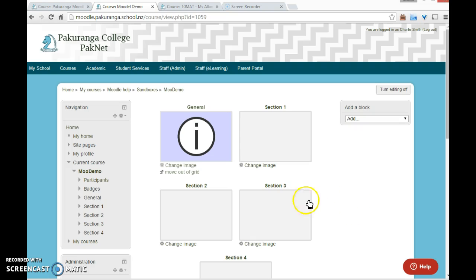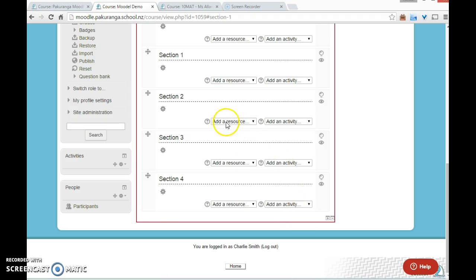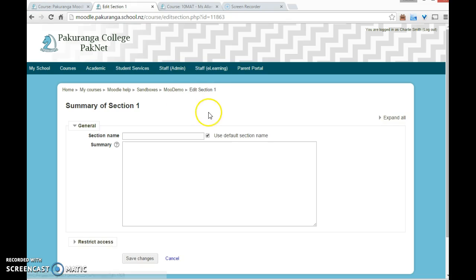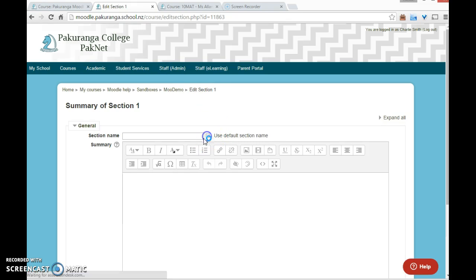So let's see if we can just change a little bit of some of these. Say I had section 1 and that was going to be the statistics section instead. So if I just click on that and go to it. Clicking the little cog here lets me change the name of that section, untick that box there, and it's going to be statistics, maybe. And I can put text here, or information. Statistics is